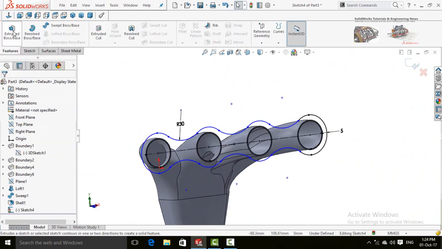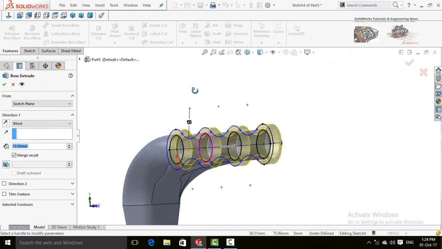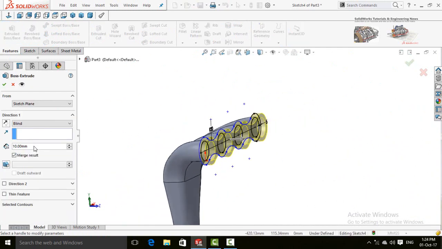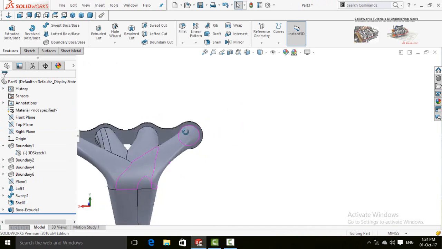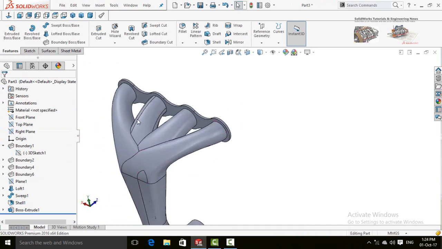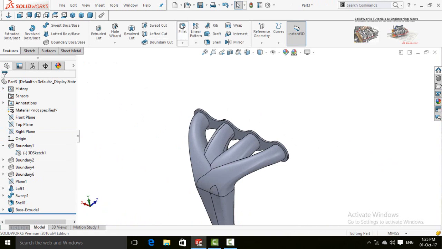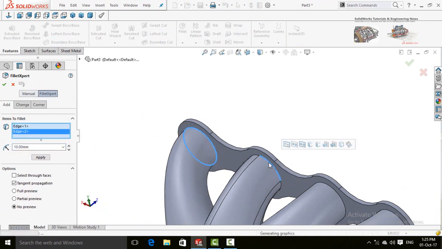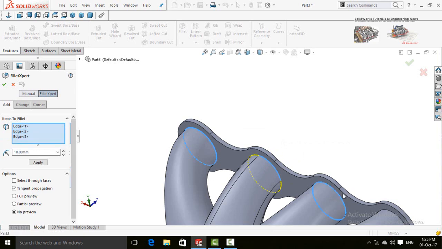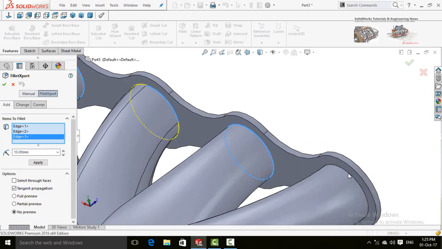Go into Features tab and select Extruded Boss Base command. Extrude it up to 3 millimeters and press OK button. Now select Fillet command. Click on this circular edge, this circular edge and this circular edge.